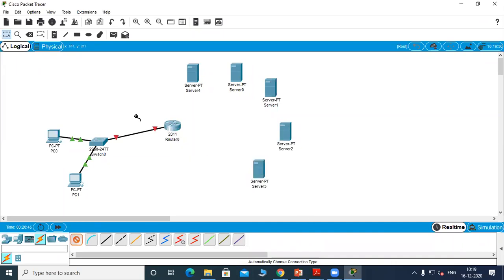While connecting, make sure that you go in a proper order so you remember which link is connected to which device. So this is fast Ethernet. The next will be your Ethernet connection.